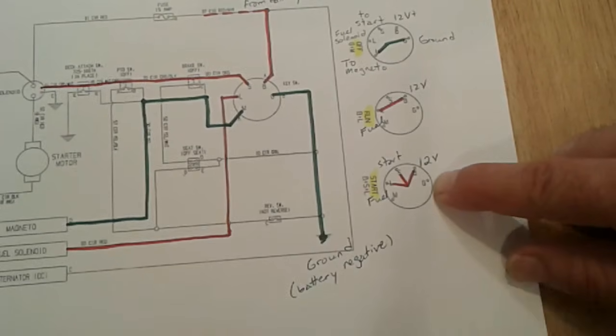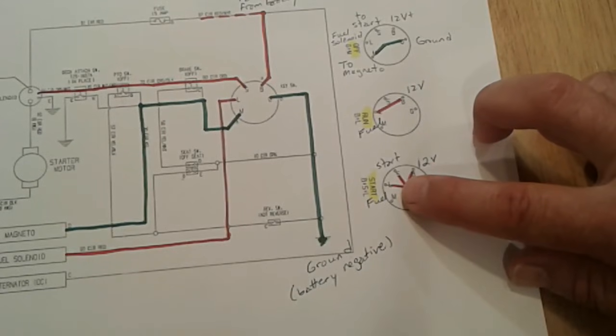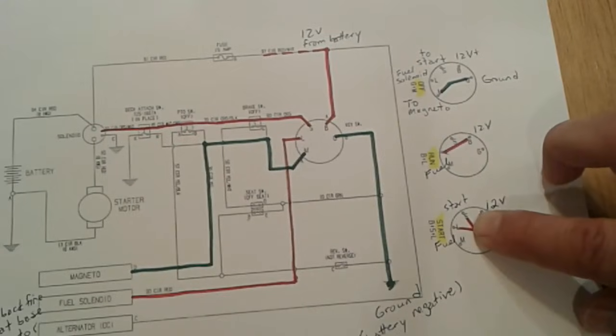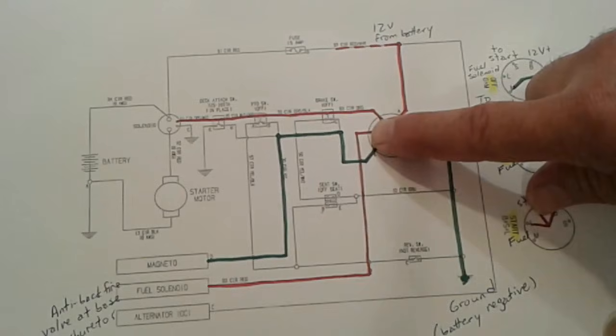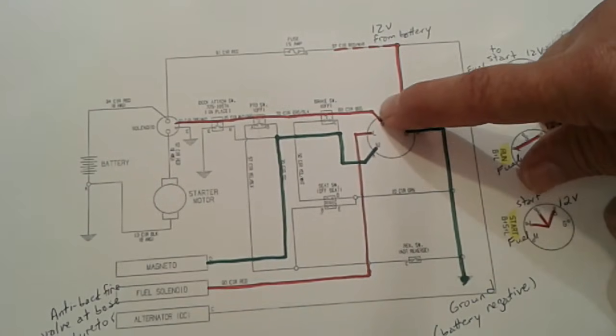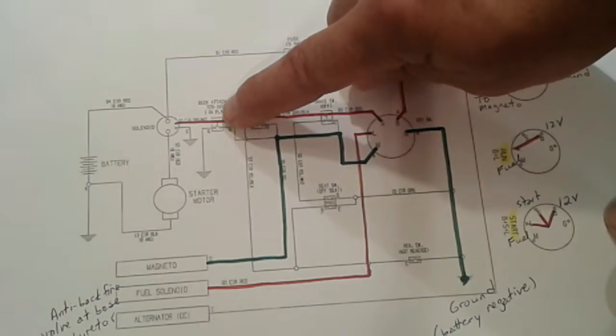Well, what happens? We have 12 volts coming in, and it is making contact with both terminals: L, your fuel solenoid, to keep that valve open, and then also S, which is your starting circuit. Now how this works is, let's go back here, 12 volts comes in, flows to your fuel solenoid, but also to S. So when that happens, 12 volts is sent through a series of safety switches